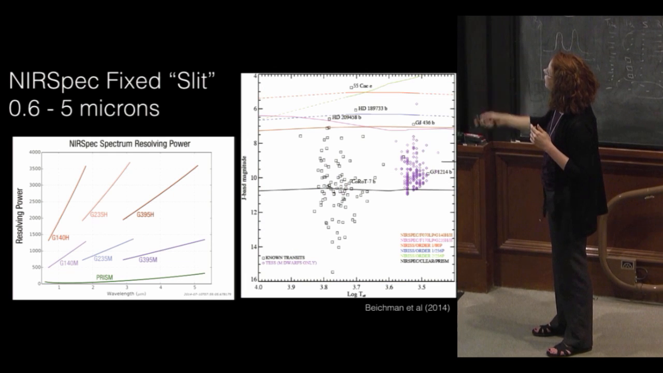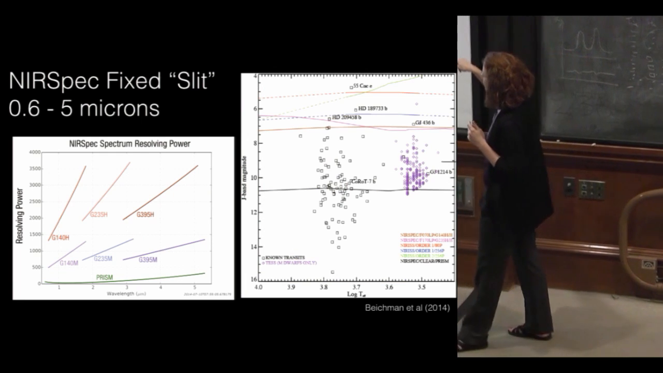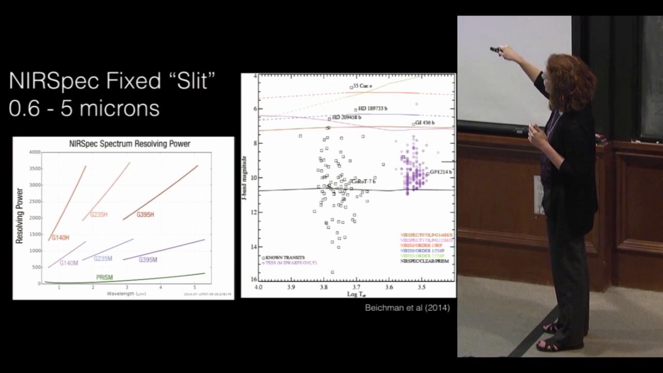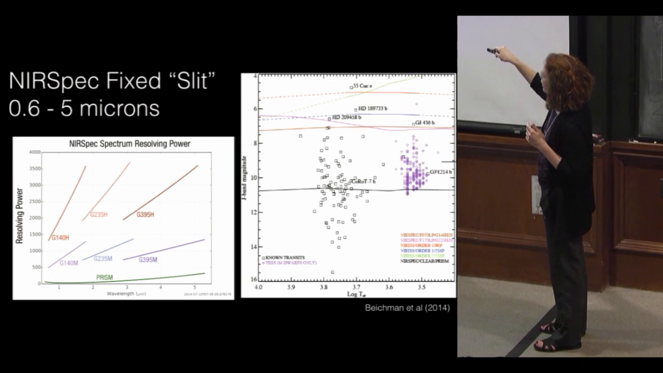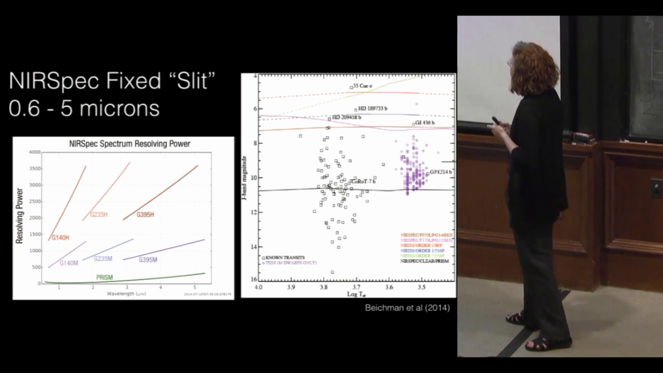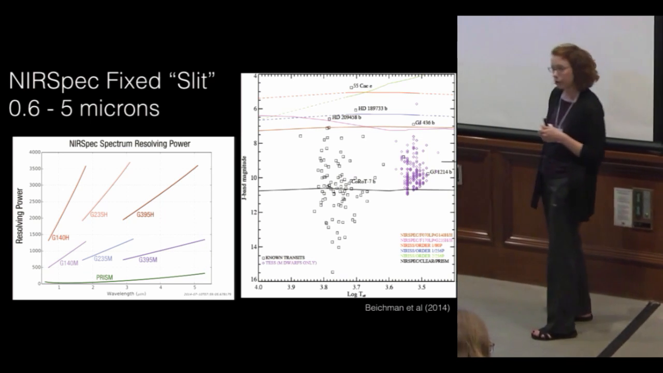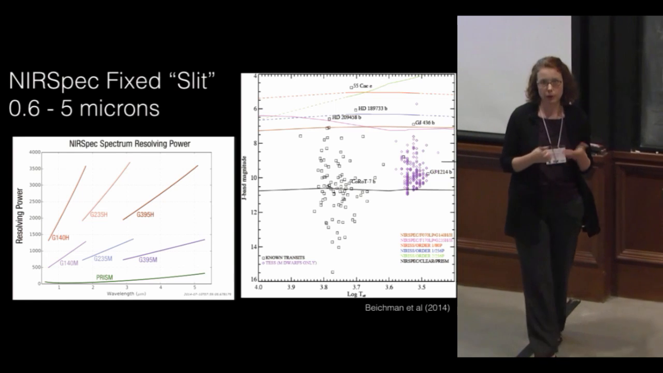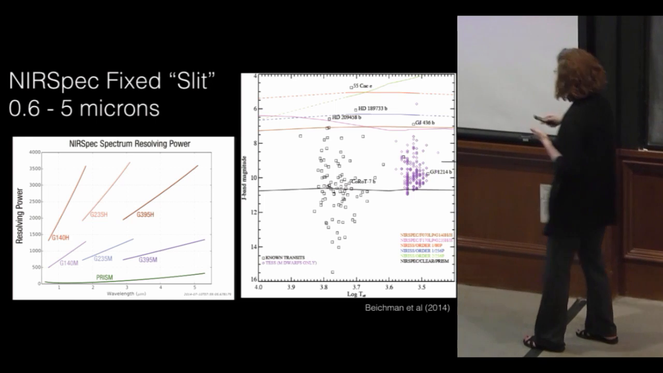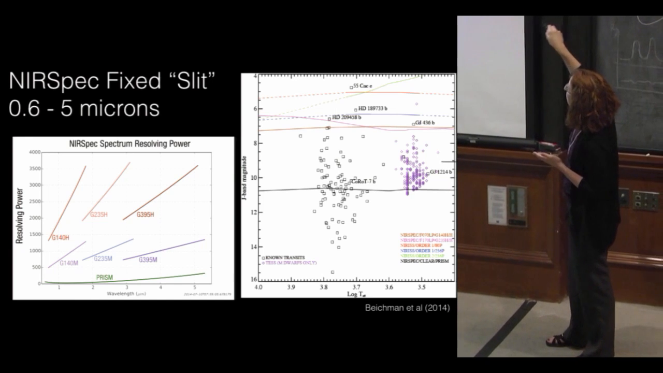And here are the various grisms that are available. So you have several high resolution. You can see what the resolving power is here. Some medium, and then this is the Prism. And I want to mention the Prism just briefly. It has about an R of 100, but it does give you access to the full 1 to 5 micron all in one go. The one limitation is that for the Prism, so the Prism is the black line here,